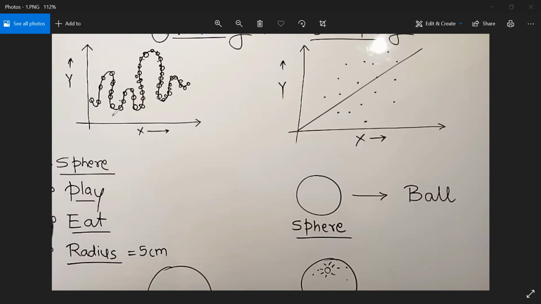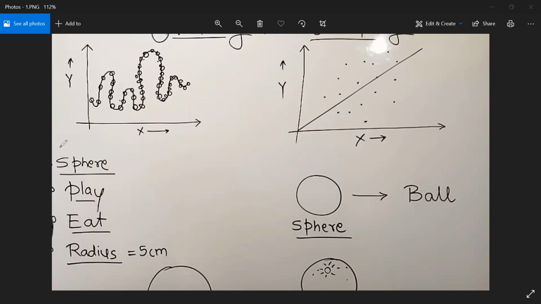Non-linear or non-linear? Why, guys, are you saying non-linear? Because linear means very simple. It's a straight line, isn't it? That's why it's called non-linear. Yes. Where do you see linear? It's a non-linear model. Understand? Because if this line is called the model, a non-linear model, it fits the entire data points.